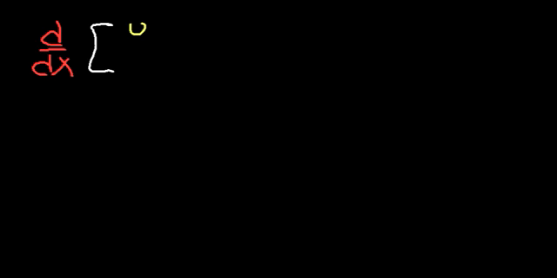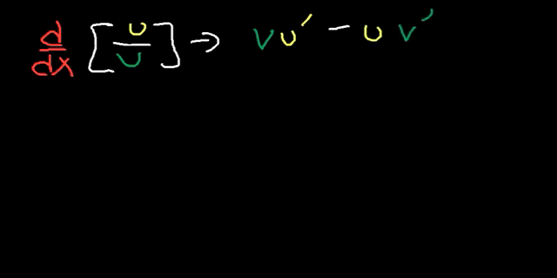So let's say if you have one variable divided by another. So u divided by v. The quotient rule is v u prime minus u v prime divided by v squared. So let's use an example. Let's say if we wish to differentiate